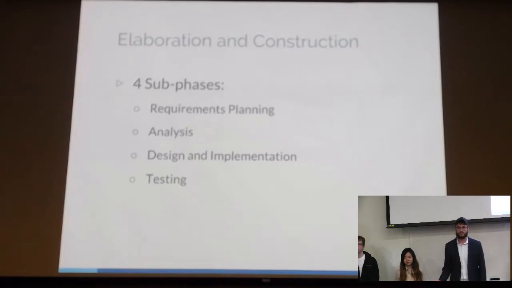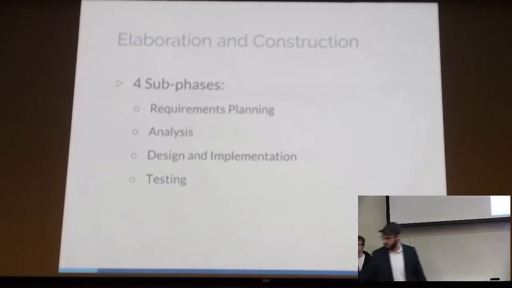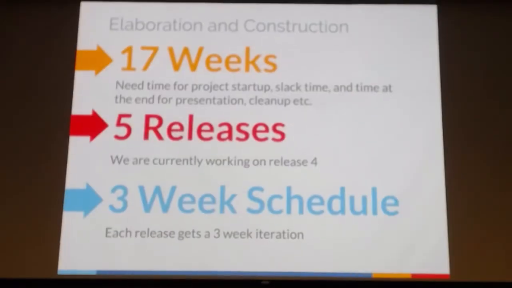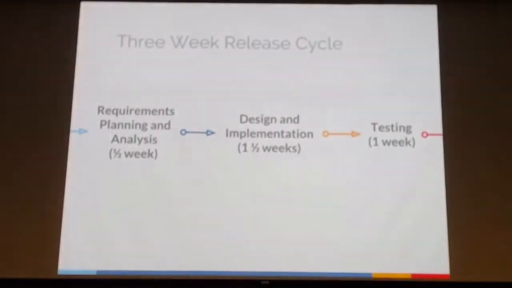Because we also wanted to make sure testing was involved, we did allocate an entire week of testing throughout each of our iterations. So given that we have the initial stage and the transition stage, we then had 17 weeks throughout the middle of these 2 semesters where we could do the elaboration and construction iteratively. So we have 5 planned releases. Each release is going to be a 3-week cycle, and I'll kind of go into what is part of these